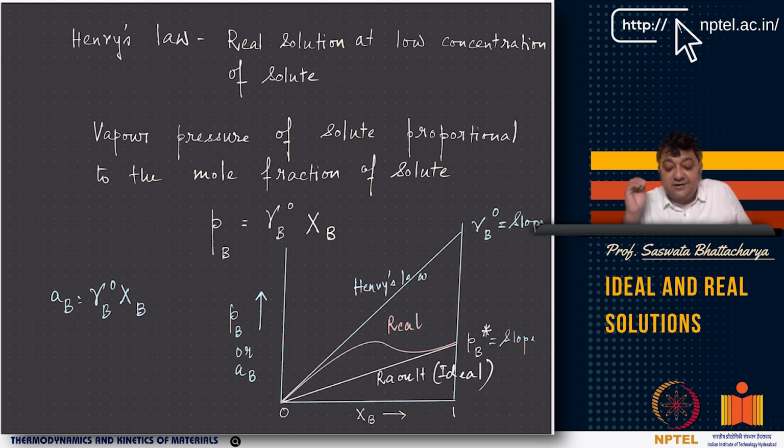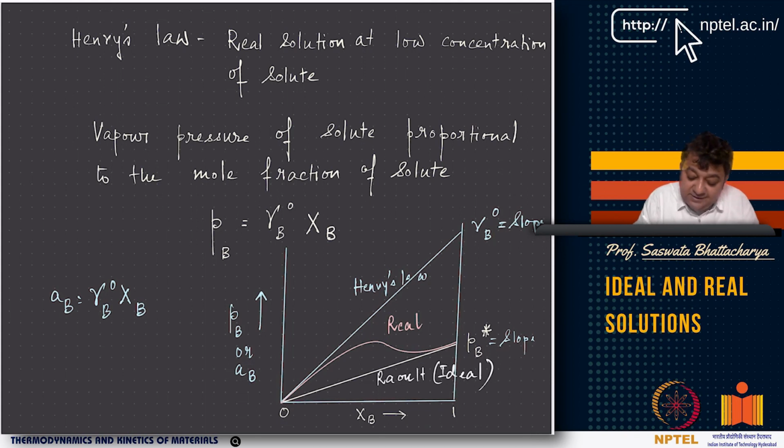So Henry's law is for a real solution with very low concentration of solute. Now, if you have higher concentration of solute, then there is obviously this deviation, as you can see here from the red line. This part, where I draw the tangent, is giving me Henry's law. And Raoult's law is basically telling me